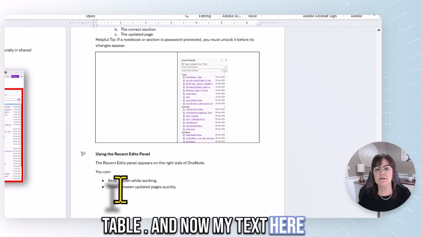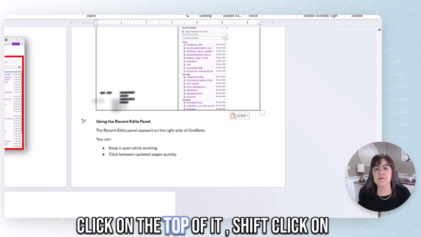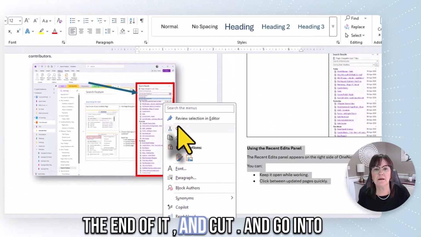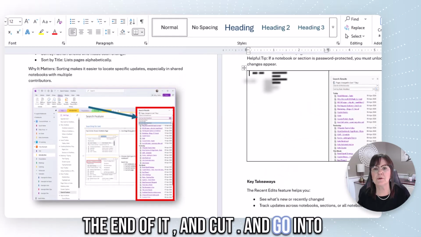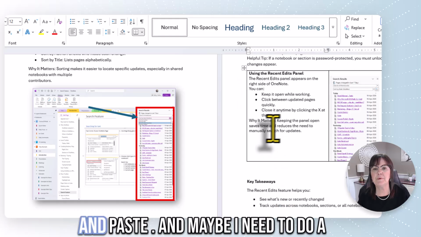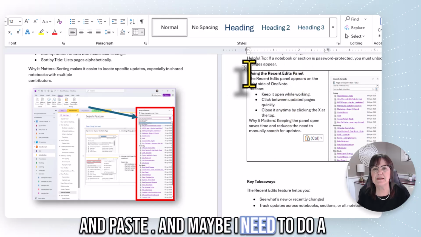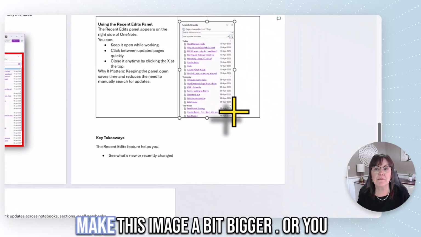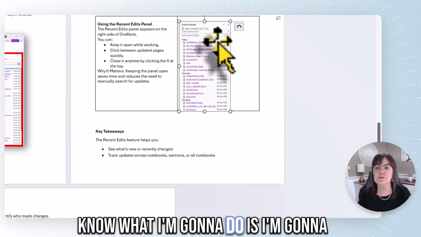And now my text here, click on the top of it, Shift-click on the end of it, and cut, and go into my table, and paste. And maybe I need to do a little bit of a fix up here, maybe leave an extra space. I can make this image a bit bigger, or you know what I'm going to do is I'm going to